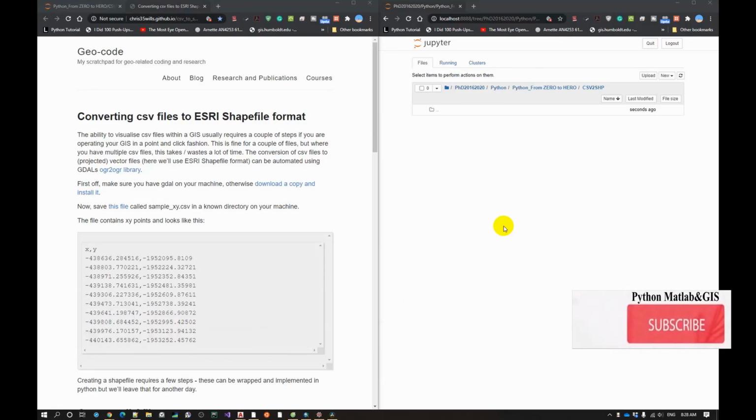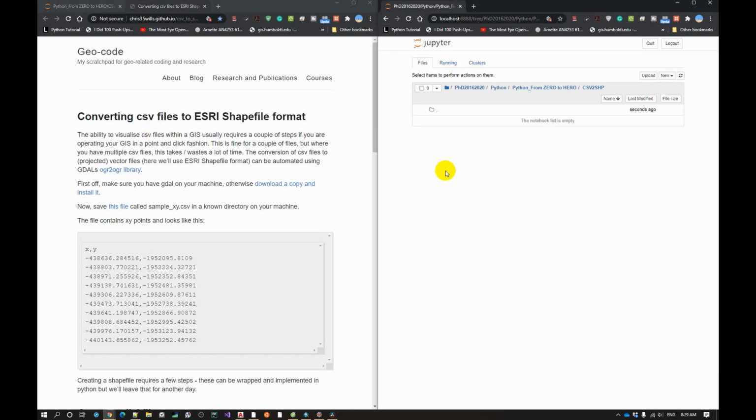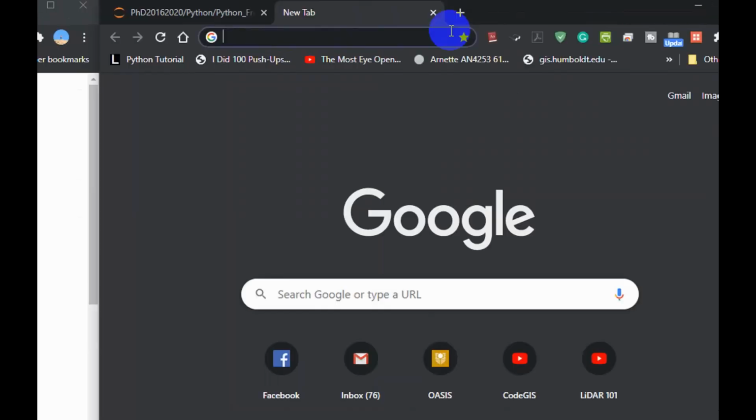Hi, welcome back. In this video, we're going to look at how we can convert CSV files to shapefile formats. So we're going to look at many different ways to convert CSV to shape using different tools, scripting tools, and also click-based software. So firstly, in order to do that, I'm going to go to this address,